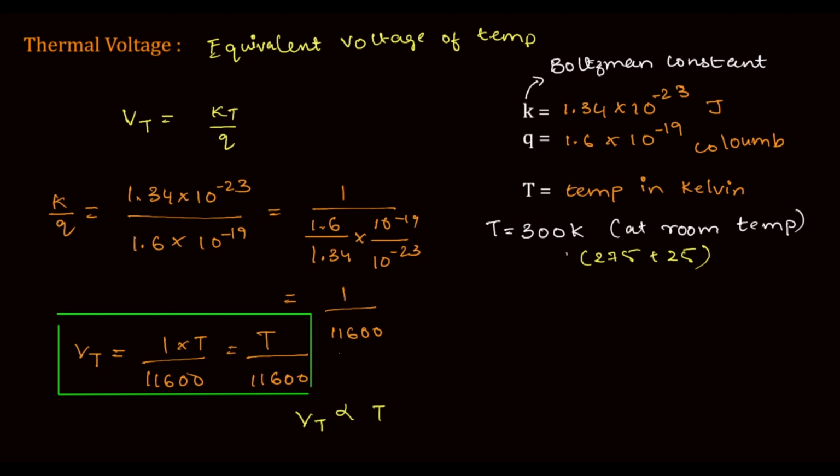So let us assume that if I am having a greater T, then my Vt value will also increase. Similarly, if I am having a smaller T, then my value of Vt will also be smaller. So we can write that if I am increasing temperature, then my Vt will also increase. If I am decreasing the temperature, then the thermal voltage will also decrease. This is the one conclusion that we can draw from Vt and T. Now what we will do is